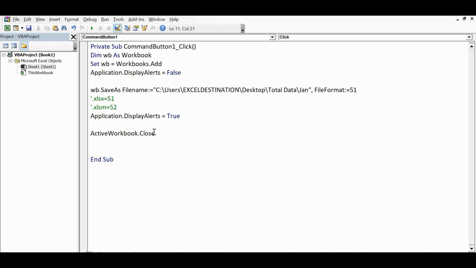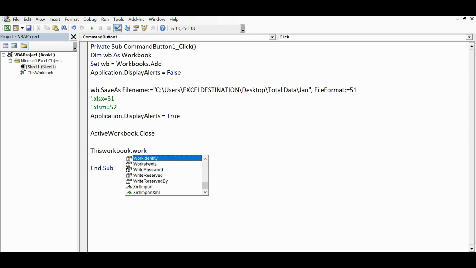Now once the task is done, I want to come back to the workbook or file where I am working, where we have this command button. So to do that, ThisWorkbook.Worksheets. The command button is on Sheet1. Sheet1.Cells(1, 1).Select, that means row number 1, column 1.